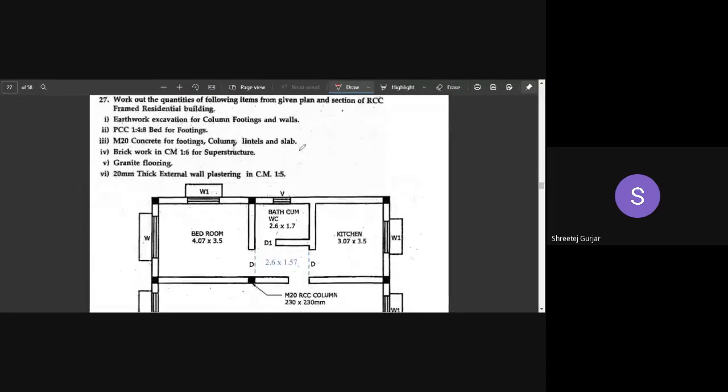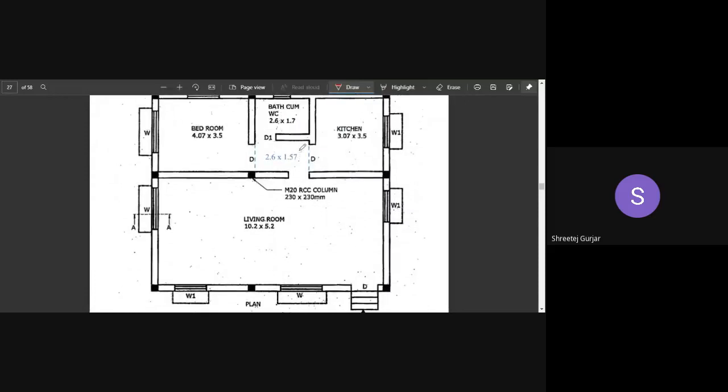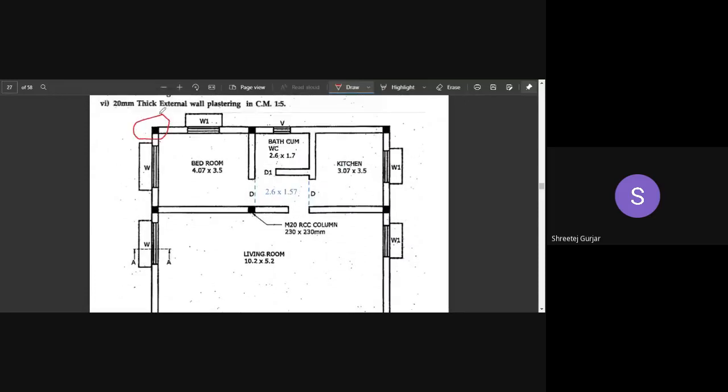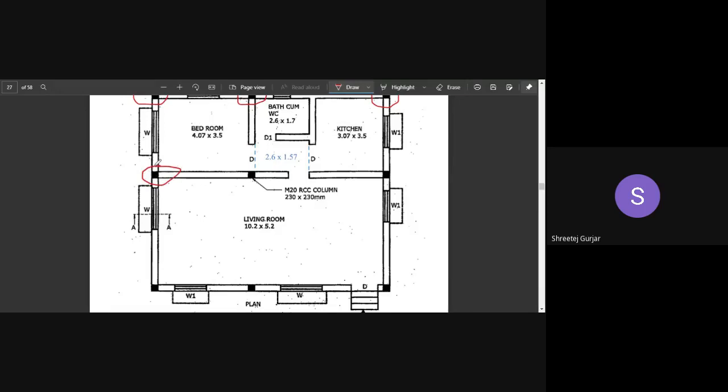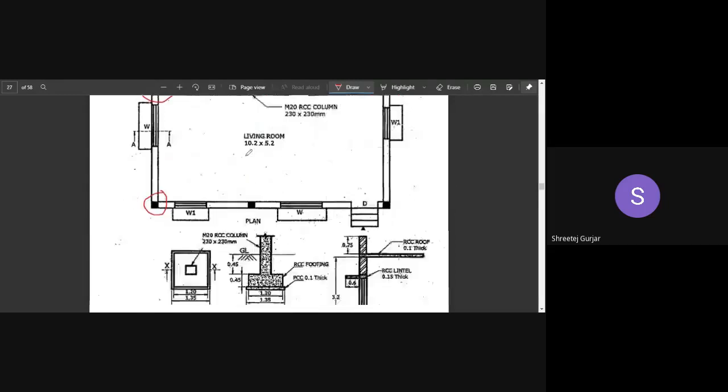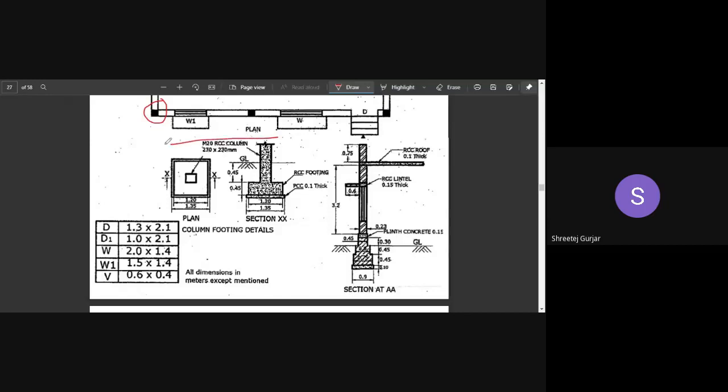So moving on to your next numerical. In this numerical, you can observe we have columns. This is a more practical type of estimation which you will be doing, because all of the buildings which you construct now are usually frame structures, right? They are framed ones. They are having columns, and they are having this kind of foundation. So this is what is usually found in your field. This is an important numerical which you have to look into.